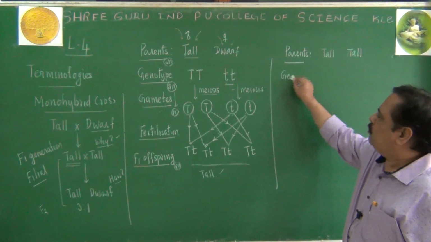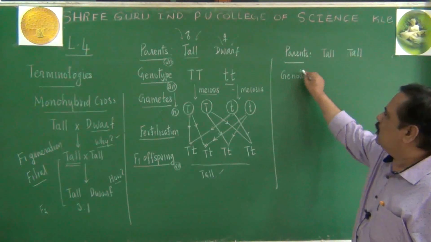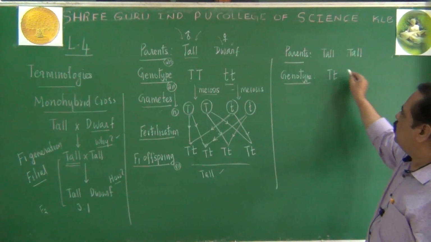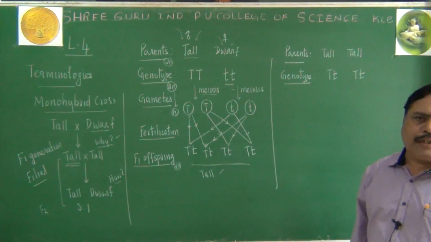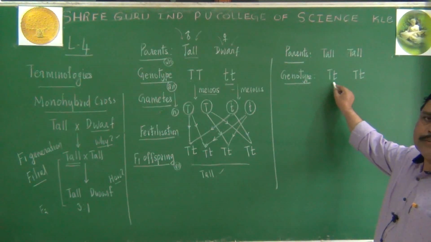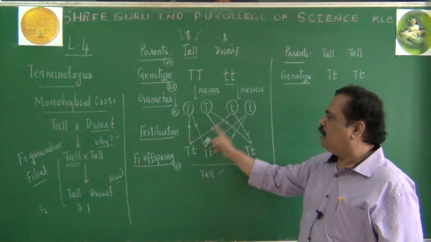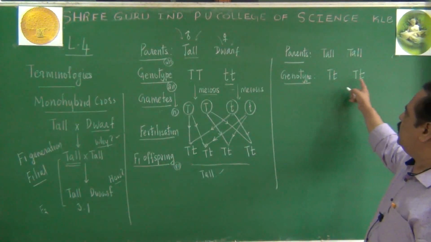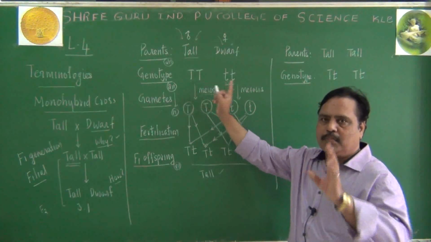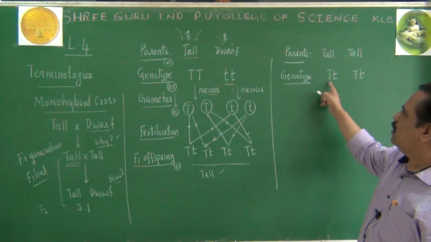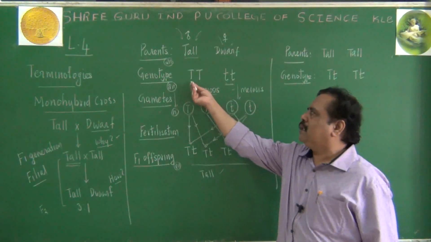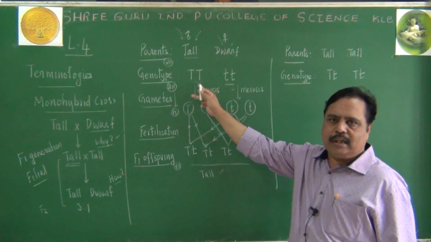What is the genotype of these tall varieties? This time remember, what is the genotype of this tall parent? These are the tall parents. This is capital T small t, capital T small t. We can write like this. This is becoming the genotype. Do you get this point? Why are there two alleles we are writing? Because one is paternal, another one is maternal. So both you are writing here, capital T small t, capital T small t. Here for tallness I took capital T, capital T. Here, for the same tallness, I am writing capital T small t. Try to get this point. We can call this homozygous tall because both the alleles are similar.